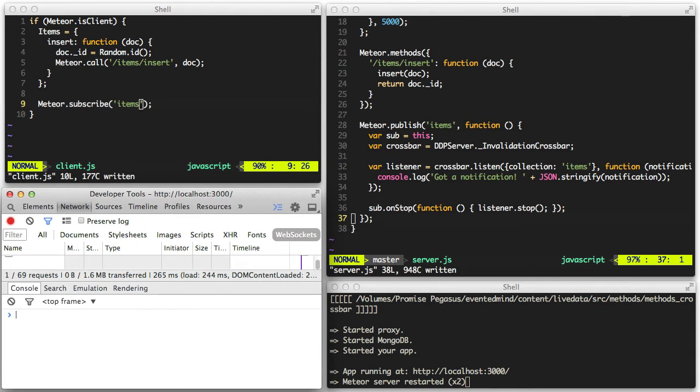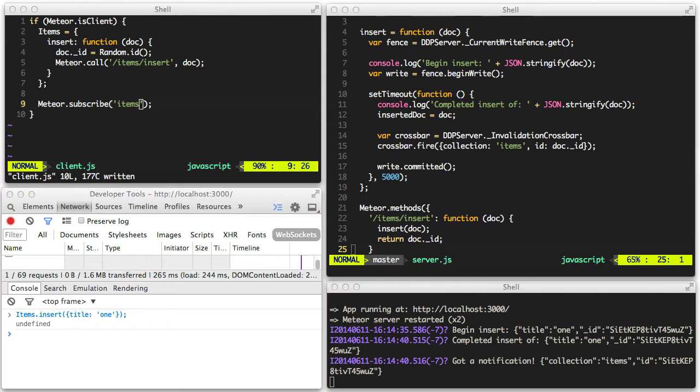Down in the JavaScript console, I'll type items insert, and we'll insert another document with a title of 1. This time around, in our insert function, we print out that we're beginning the insert, and we see that right here. And then a couple seconds later, we print out that we completed the insert. But before we call the committed method on the write, which sends the updated message to the client, we fire this method, or we call the fire method on the crossbar